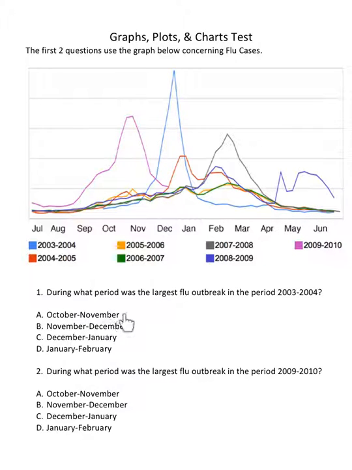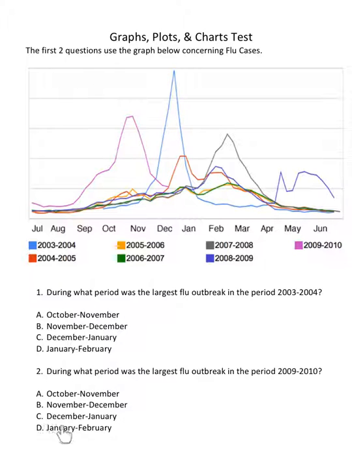A. October-November, B. November-December, C. December-January, D. January-February. Number 2. During what period was the largest flu outbreak in the period 2009 to 2010? A. October-November, B. November-December,